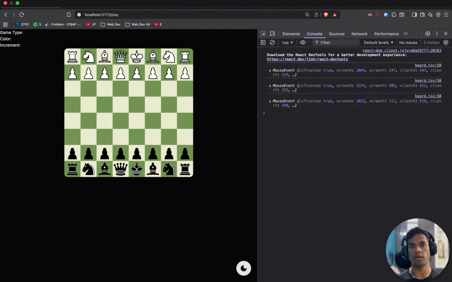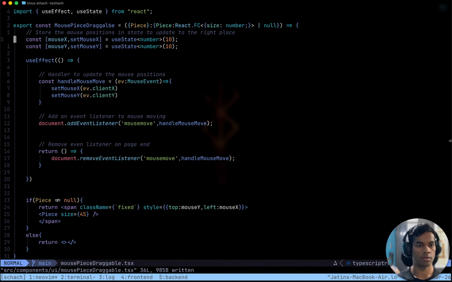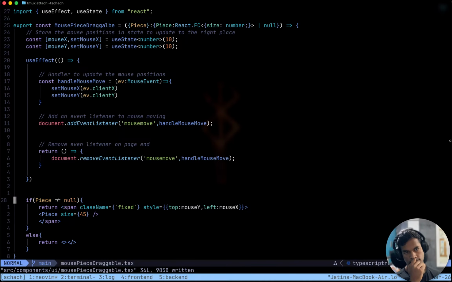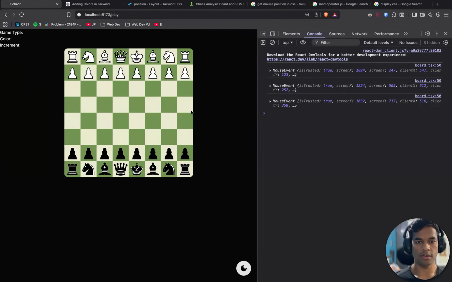Oh, this is taking like 40% of the GPU. But we do need a re-render. That is very good. Pretty cool.